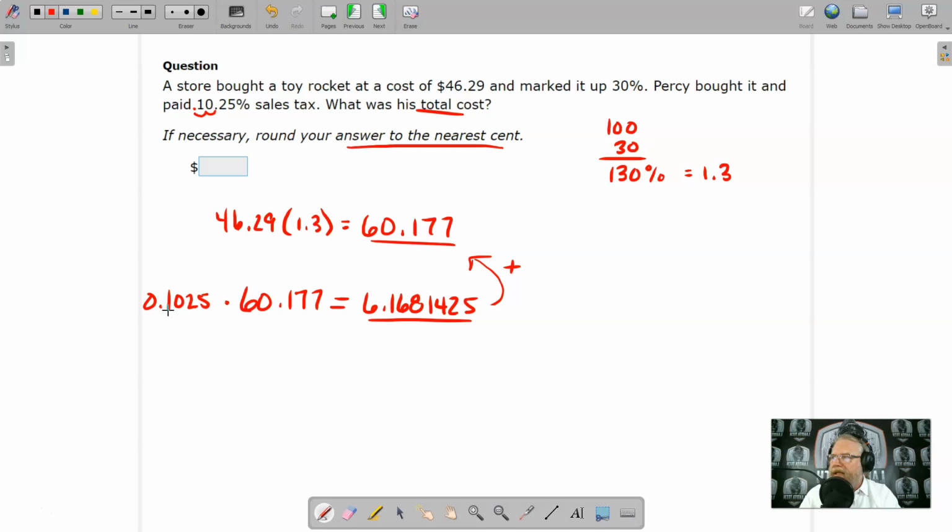10.25% as a decimal is 0.1025. Multiply that times what he's buying it for. It gives me this number here. Then I had to add that back to the 60.177. And hopefully now you're seeing why I left the 7 on there, because it's probably going to affect these decimals down here as well. So I've got the 6.1681425 in my calculator. So now I'm going to put plus the 60.177 and hit enter, and I'm going to get a total of